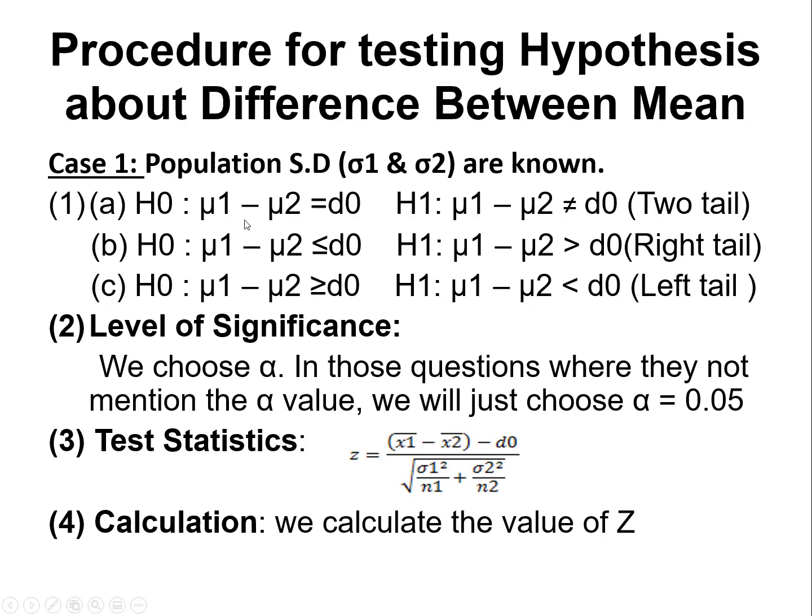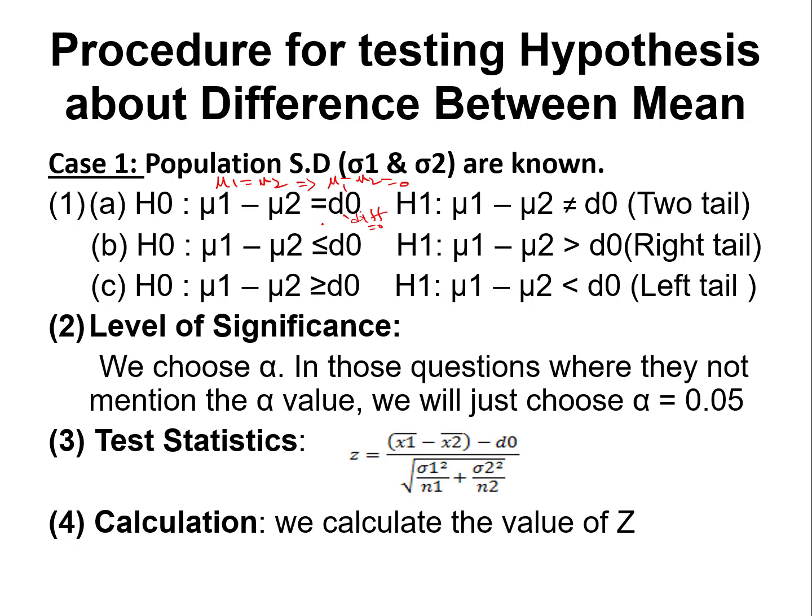You say in the null hypothesis that the two means are the same, so you can write mu1 is equal to mu2, or you can also write mu1 minus mu2 is equal to 0. Equal to 0 means that when mu2 comes on this side, it will be mu1 is equal to mu2. So this D naught represents the difference. We will consider that the difference is equal to 0, or if they give you some specific difference between these two, then you will put that value at this place. Equal to 0 means that the mean of the first sample and the mean of the second are the same.